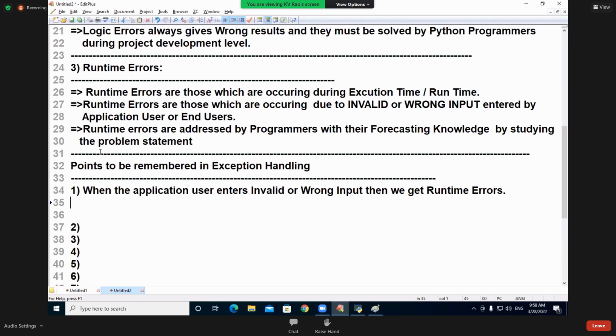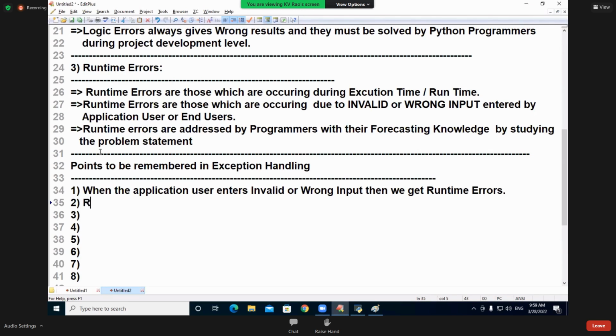Runtime errors. That's one point I will say. Runtime errors always by default give which messages? Carefully answer my question. Technical error messages. But we are recommended to give which messages? So to do this conversion, what is required? One programming topic is required, that is called exception handling.